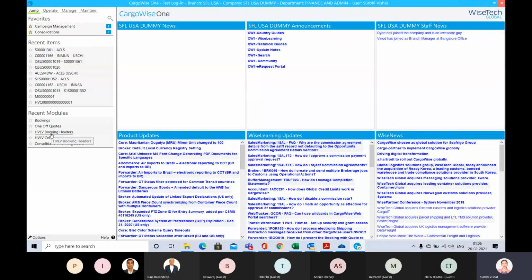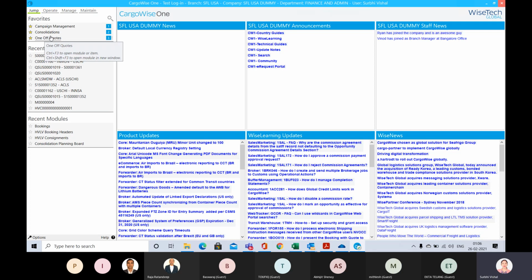Recent modules are also, like the name specifies, the recent modules which I have just clicked over there. And the favorites, so if you can see at the left side of each of the modules, there is a star. If I click on this star, it will be added to the favorites.